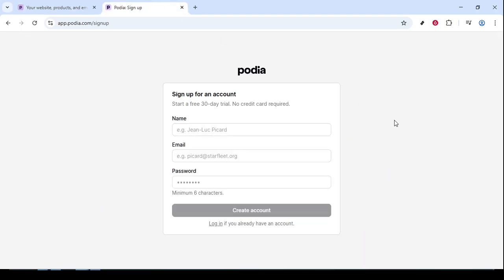Now, filling out these details is crucial as it sets up your account and identity on Podia. You'll need to enter your first and last name, your email address, and create a secure password. Make sure your password is strong. A combination of letters, numbers, and special characters usually helps increase security. Remember to use an email address that you have easy access to, as you'll need it for verification and communication